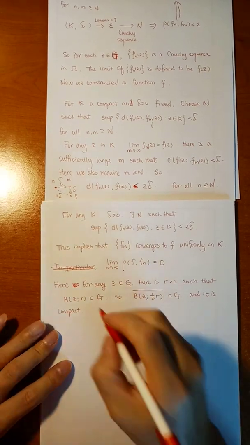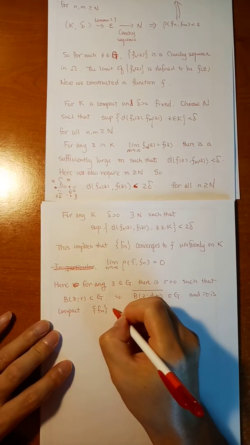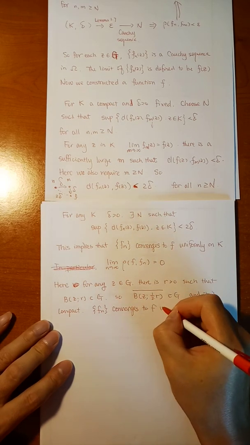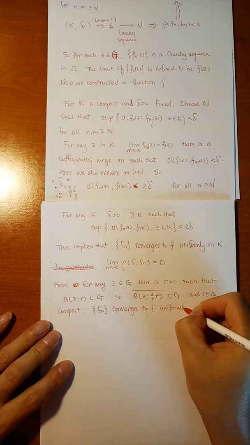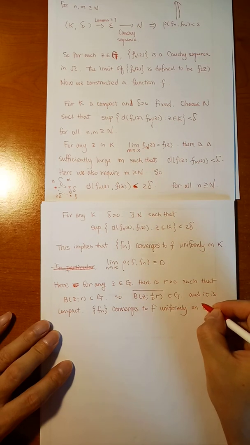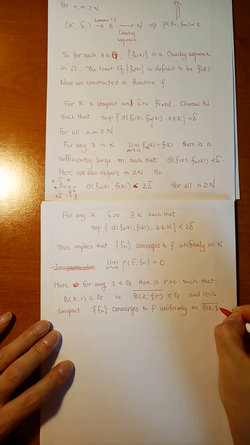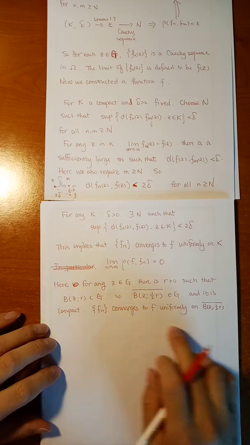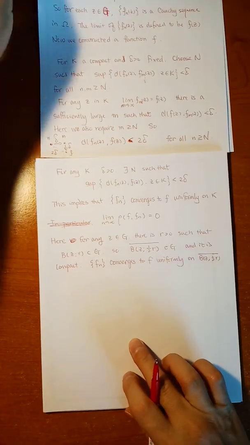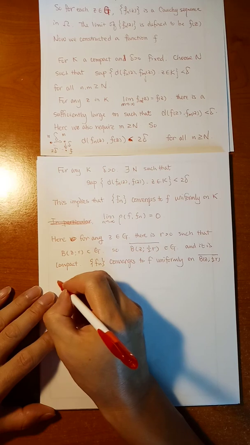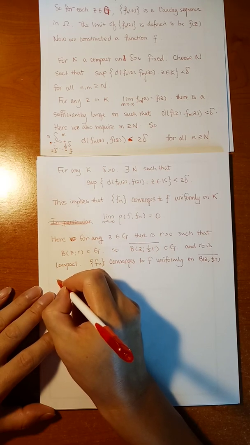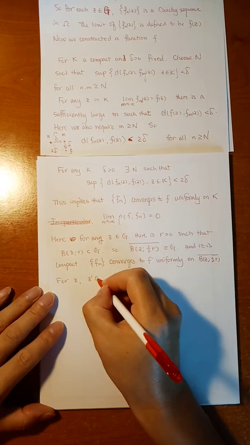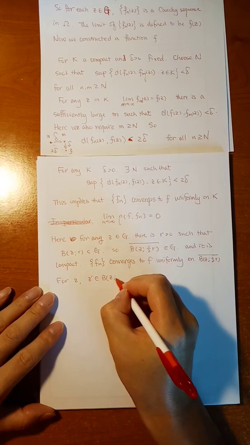It's compact, and Fn converges to f uniformly on this compact set. And you can prove that all the Fn's are continuous. You can prove that f is continuous, right? You can prove f is continuous. So for this z and z prime in this open ball,